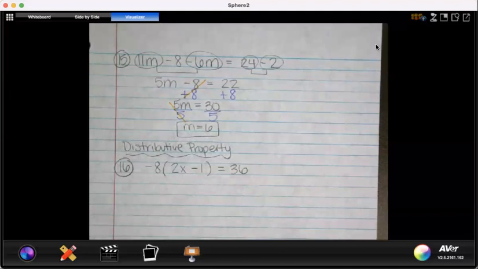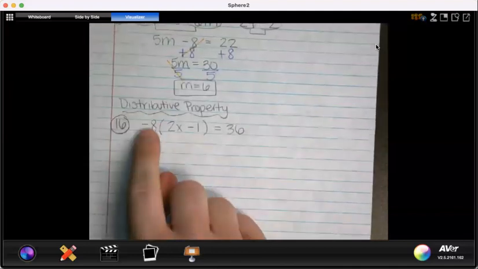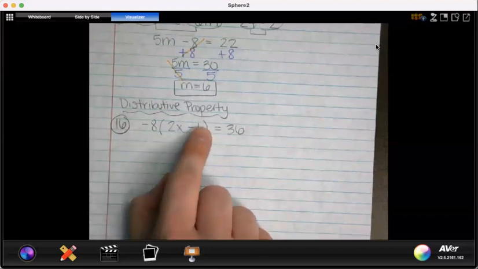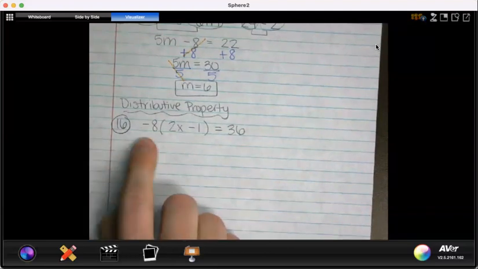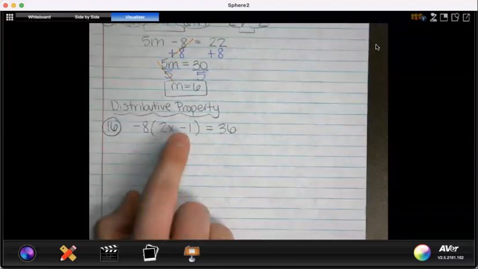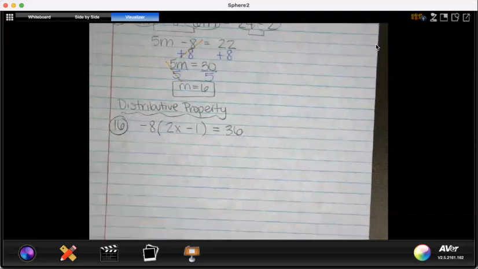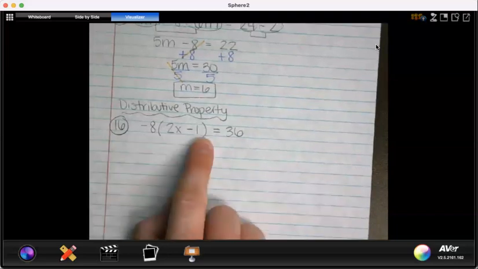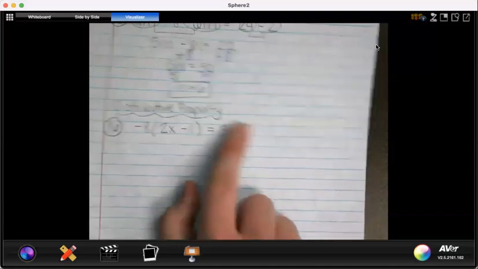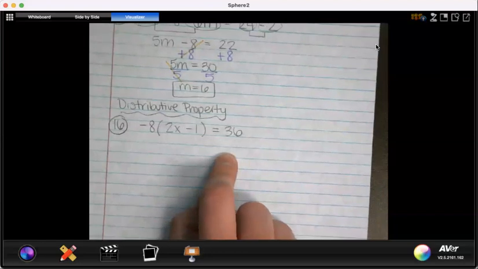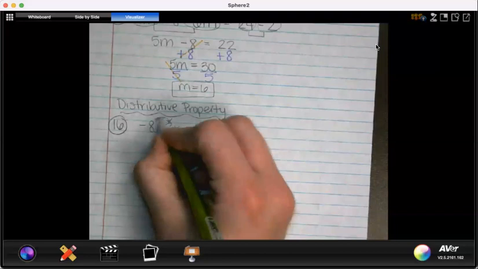So there's two ways of going about this. With distributive property, you were taught to distribute this number to anything inside the parentheses. But you also have to keep in mind that negative 8 times this could work to your advantage by letting you simplify differently. Now, in this case, I couldn't simplify by dividing both sides by negative 8 because 36 isn't divisible by negative 8. So the only way to solve this would be, in fact, to distribute the negative 8,